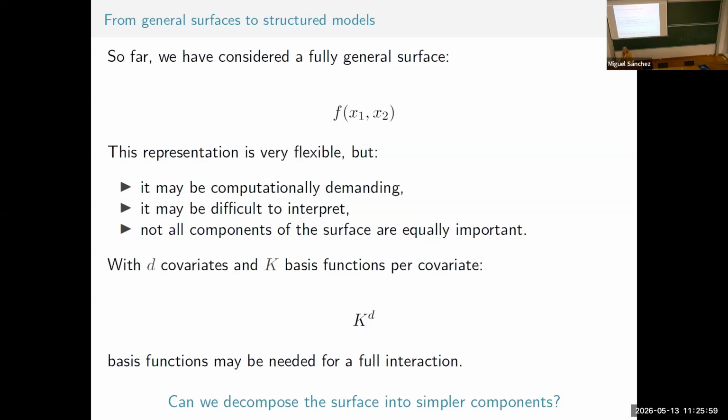So what can we do? Maybe we can explain this d-dimensional function as the sum of lower dimensional functions, which will save us computational time but will also allow us to explain what is going on. I'll give you an example, some data I worked with some years ago: pollution in Europe over the years. We have the map of Europe and we have observations of ozone at ground level, which is what the cars give you, essentially.